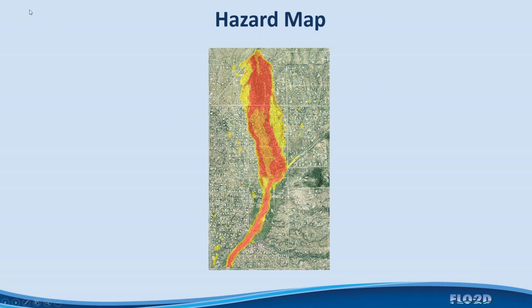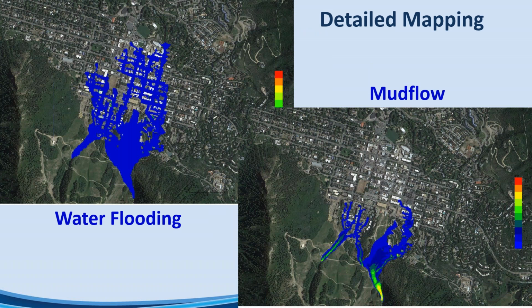And the end result will be a colored map similar to this, showing you the high hazard, the moderate hazard, and the low hazard areas of the alluvial fan. So I would combine these high hazard maps with possibly a water flood map or a water flood bulked with sediment map up to 20% concentration by volume, showing the inundation area as the water flooding came down and then